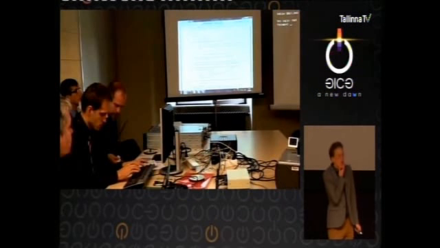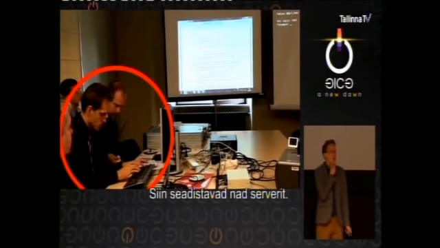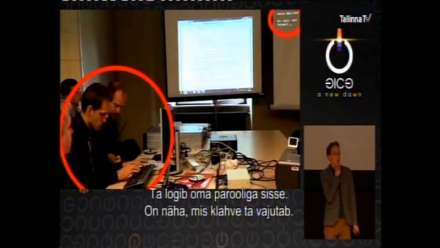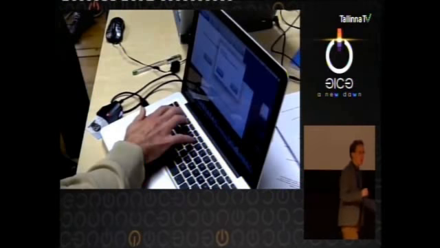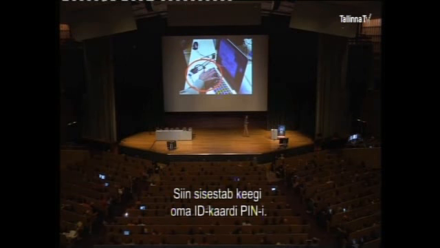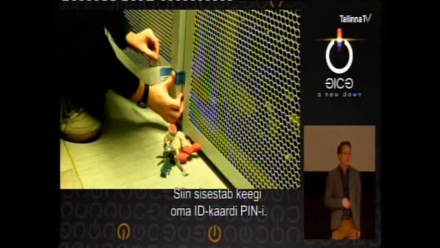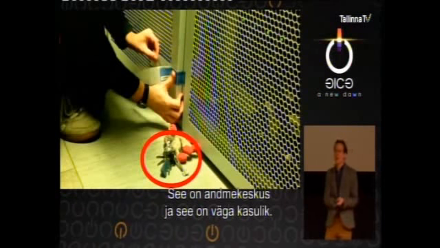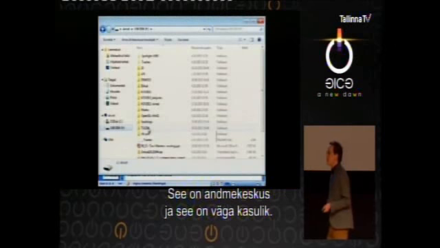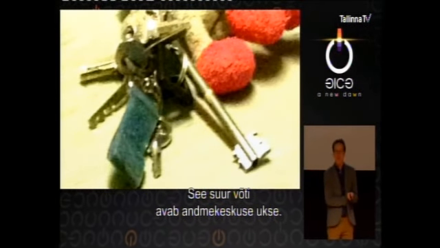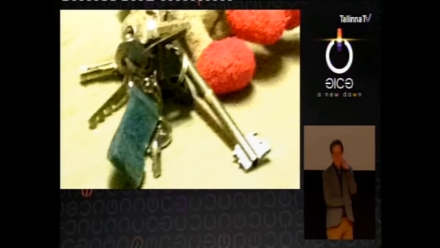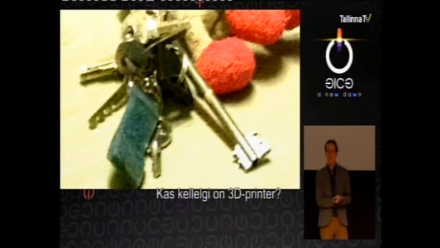Oh. All right, here they are setting up one of the servers. They're logging in as root. You can see the keystrokes. Here's someone entering their PIN for their national ID card. Here in the data center, this is really useful. This big key here, the big key there is the one that opens the data center door. Anyone have a 3D printer?